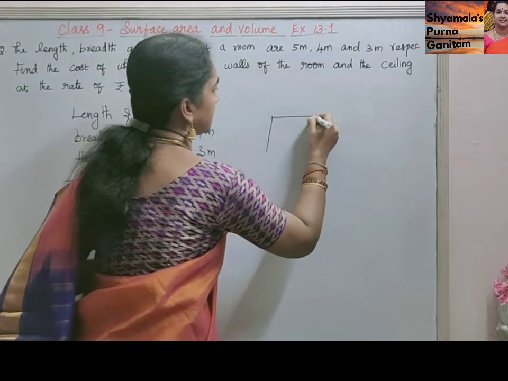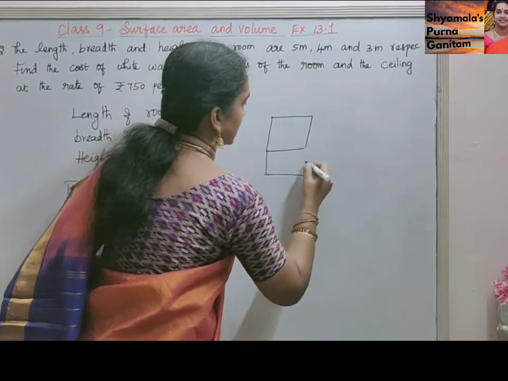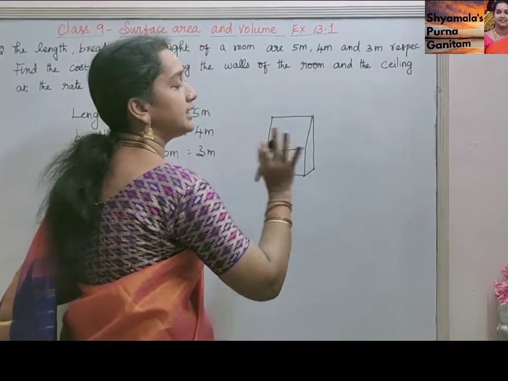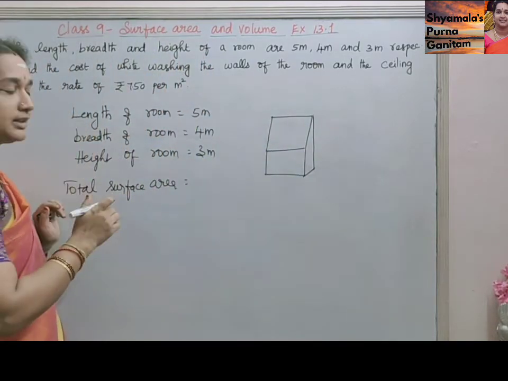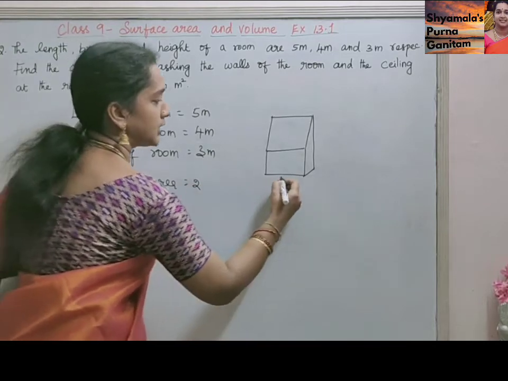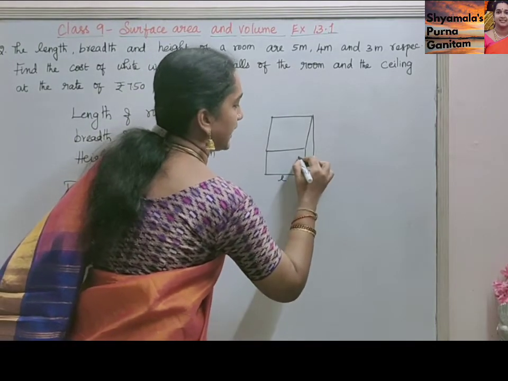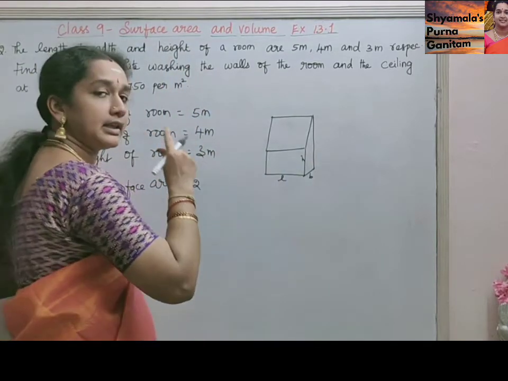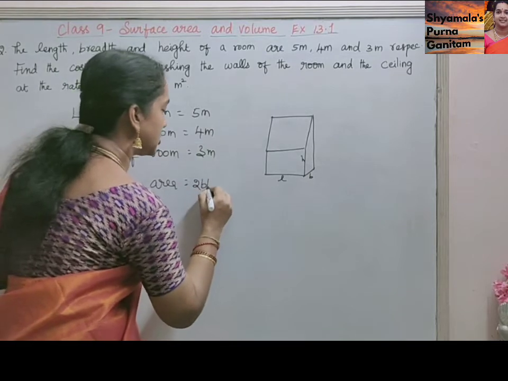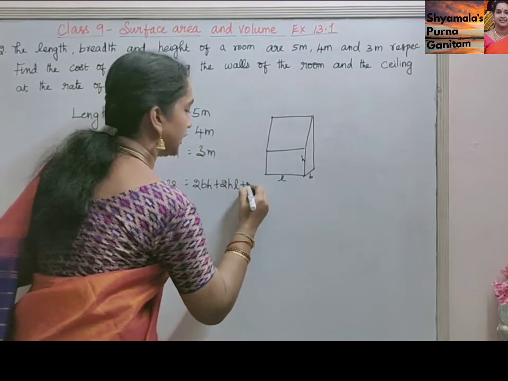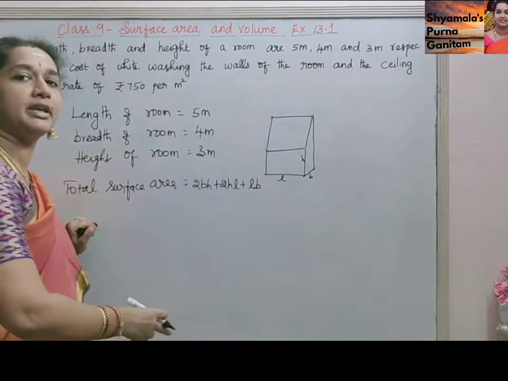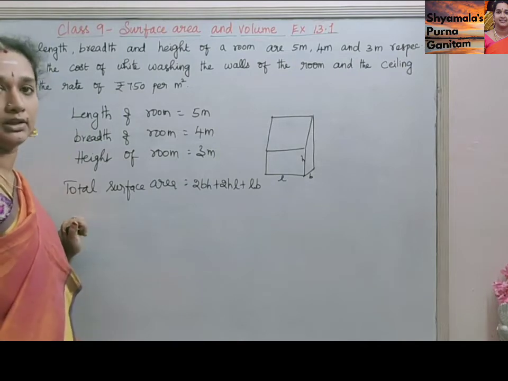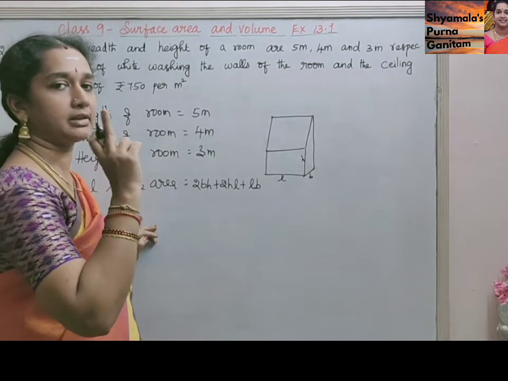So, this is the 4 walls of a room and then the ceiling. Only these 5 faces we need to find the area. So 2 into, this is length, this one is breadth and this one is the height. So length and breadth only one time, the remaining things 2 times. 2 into BH plus 2 into HL plus LB. Length and breadth will be in the floor base, the same thing will be for the ceiling also, so that one will be calculated only one time.